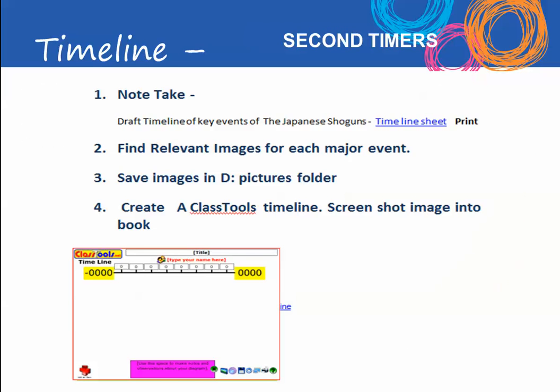The next tool is Class Tools Timeline, and if you just type in Class Tools Timeline, it'll come up in any Google search engine. This one allows you to put images in there and creates a more visual timeline. With this one, I get them to take a screen capture shot at the end of it, and I will upload them into Ed Studio, or we have a submissions drive where the students can save their work to it. I will generally, in the lesson, get the students to take a screen capture shot of it, save the file as their name,